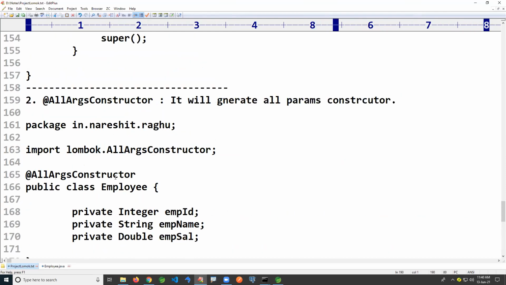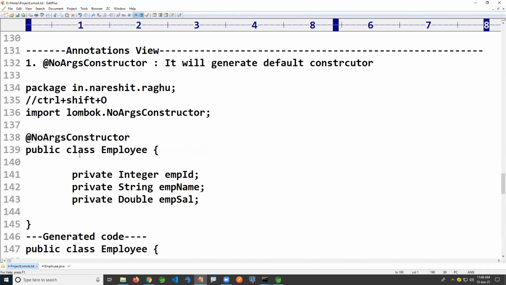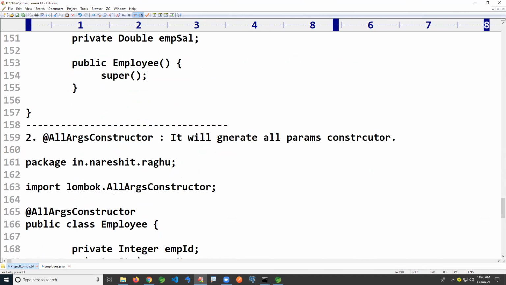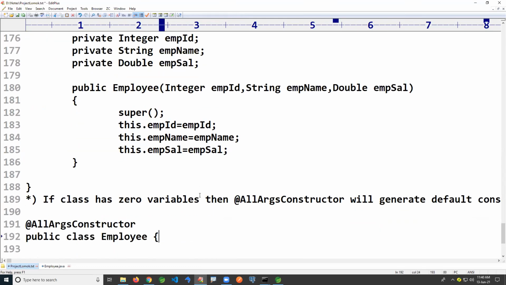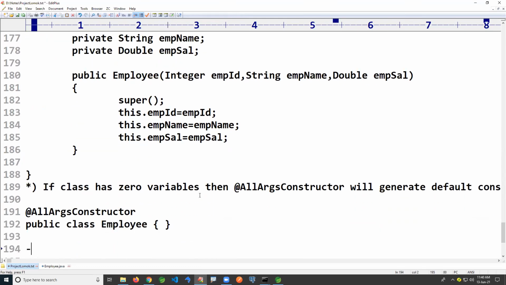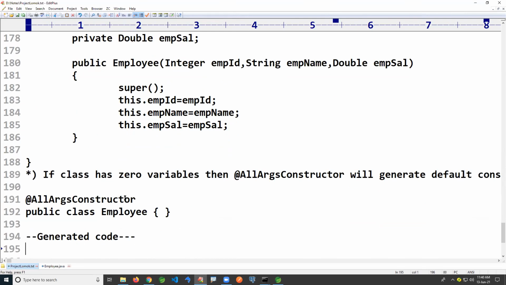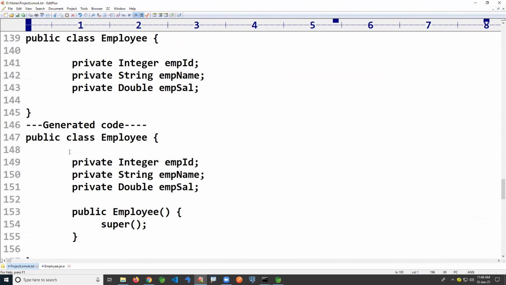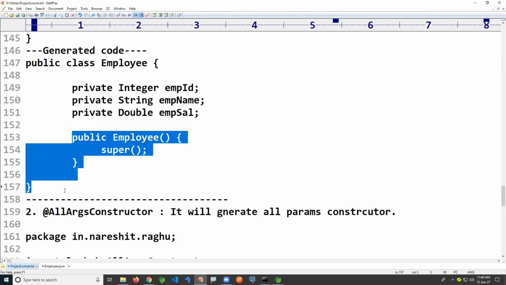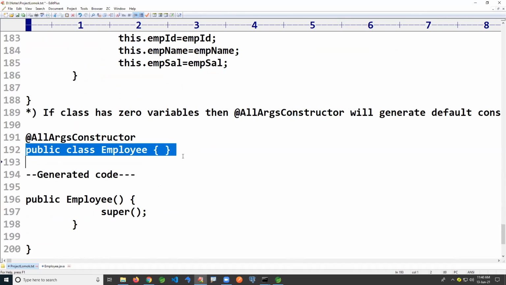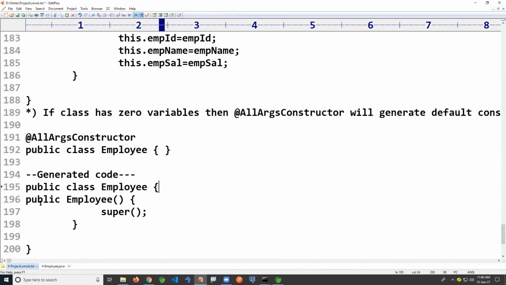Default constructor. It's something like here, you just use @AllArgsConstructor. The code is like this, with 0 variables. The generated code is like this.